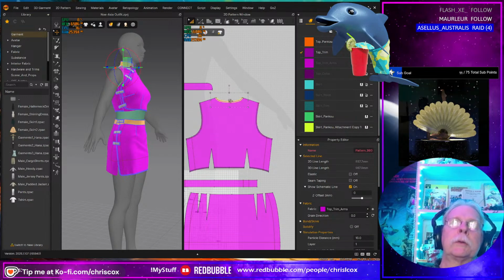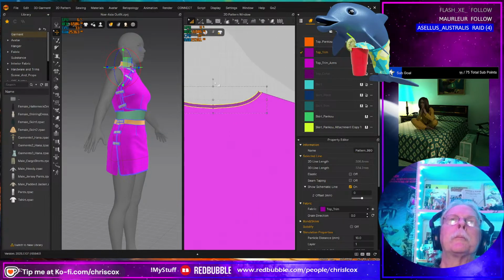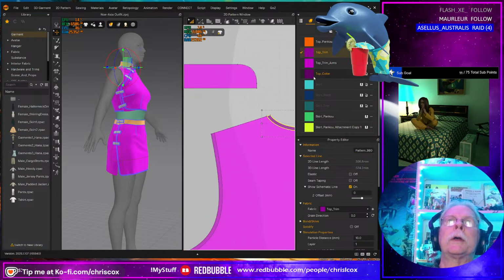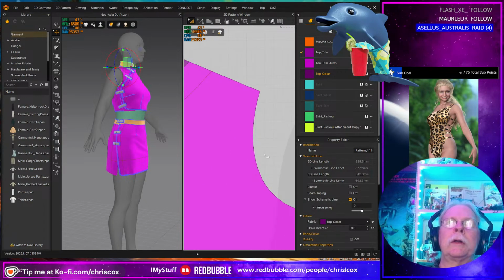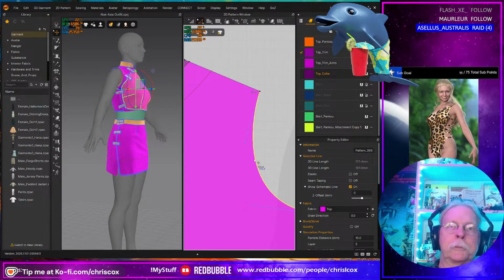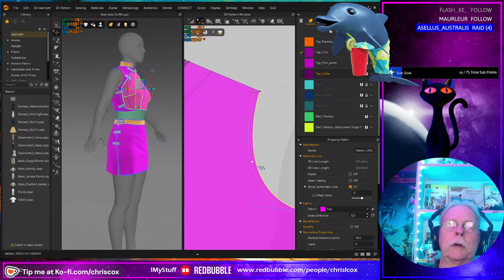You know what? I'm just going to make you a top trim. Look at that. I got a collar right there. Oh, I didn't cut that out. Let's offset as an internal line. Okay, cut and sew.